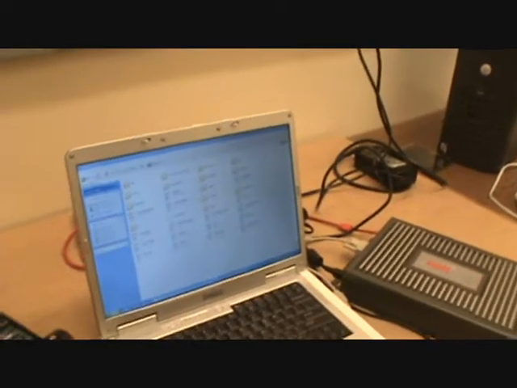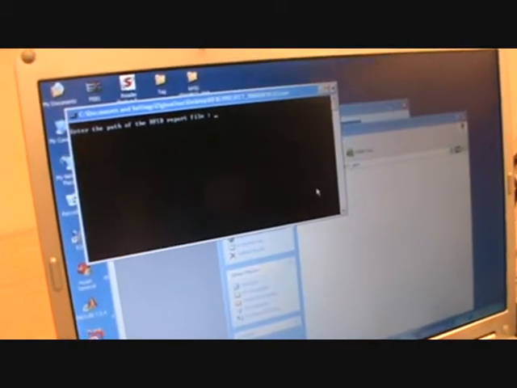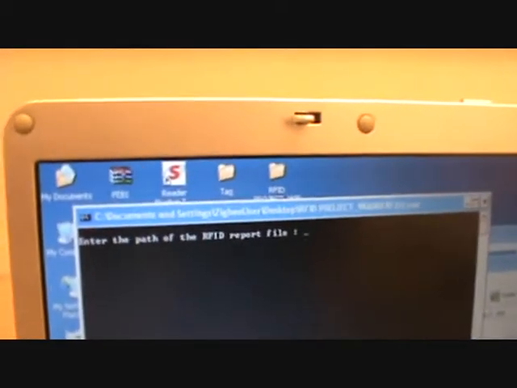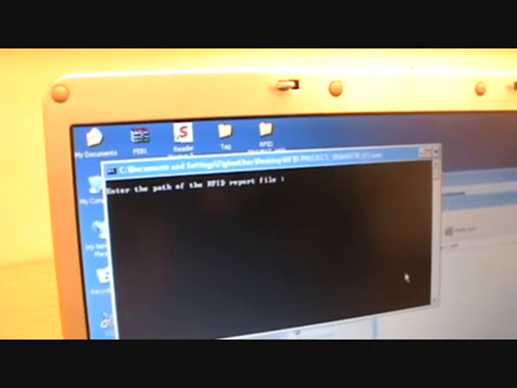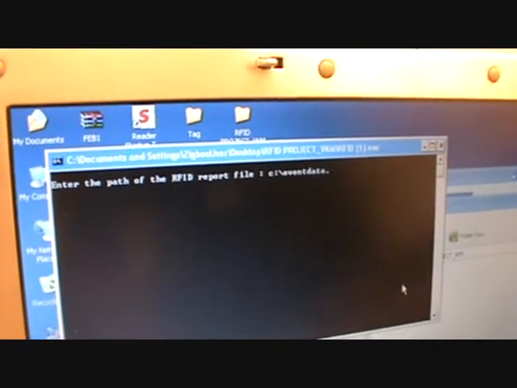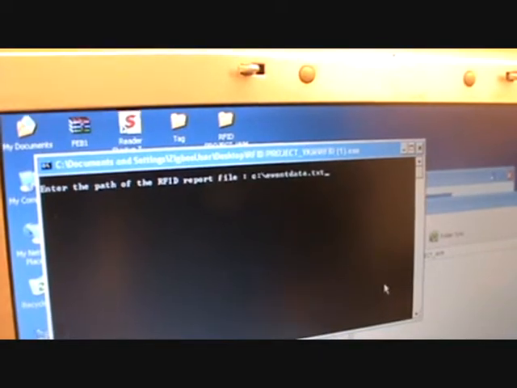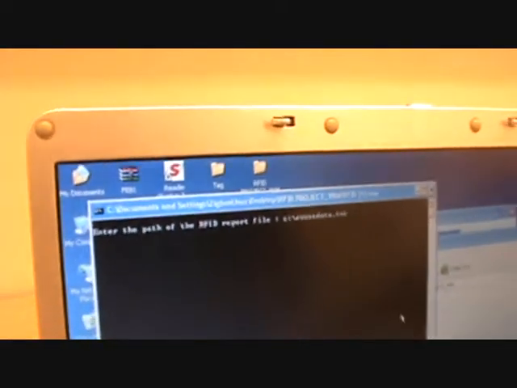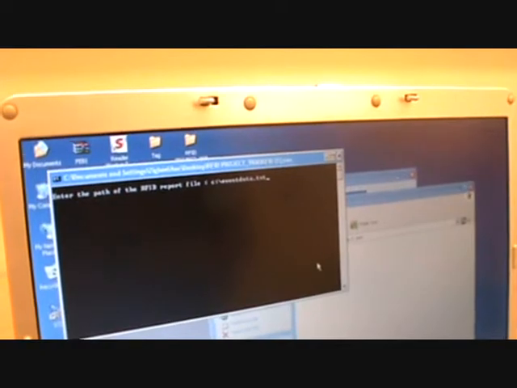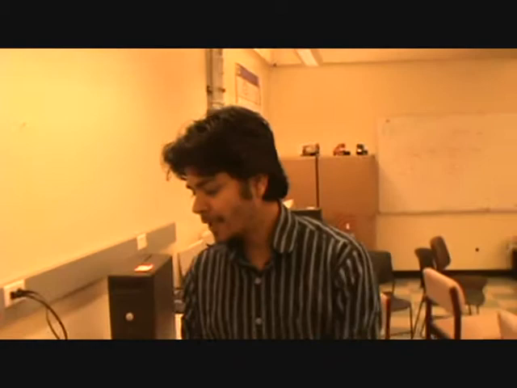Now let me explain about our executable files. So we have created an executable file. Once a tag is read, we can simply run this executable file and define the same path as we have specified in the software, like C event data.txt. Once I enter, it should actually perform the program. So in the next video, we are going to show you how it is read and how the program is performed using the RC car.